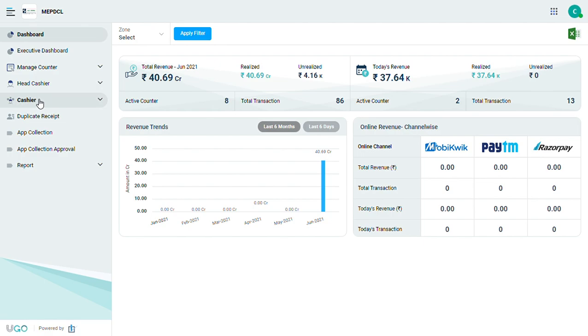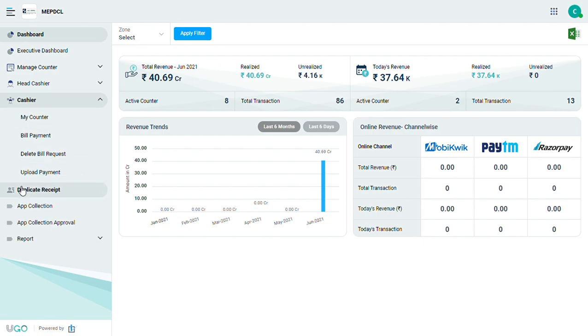During this video, we will walk through three actual scenarios. The first one is how a sub cashier will submit the collection to the cashier of his reporting counter. You can find the link of the payment collection process via UGOBuddy in the description below. The second one is how the cashier will verify all the transactions, take action against any transaction if required, and forward it for further process. And the third and last scenario is how an authorized head cashier will reconcile that collection along with the check clearance process. So let's start with the cashier role now.